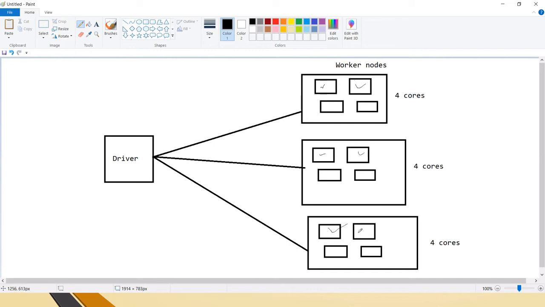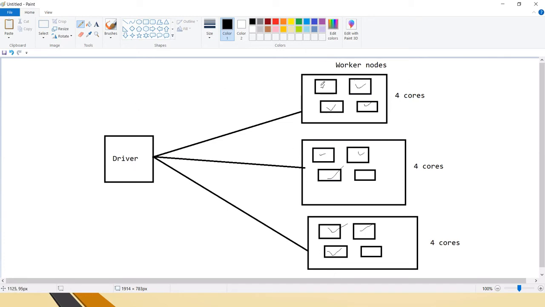It's actually YARN, or whatever the cluster manager is, that will decide which worker node. Sometimes it will just leave one node alone. So now we have 1, 2, 3, 4, 5, 6, 7, 8, 9 and 10. Whatever ticked partitions are there, those slots will be consumed, and the driver will assign those tasks to them.